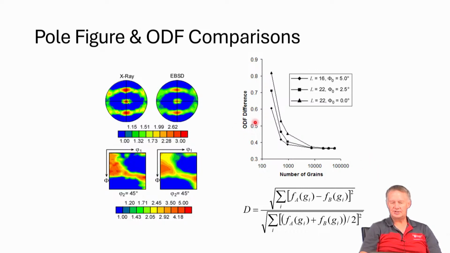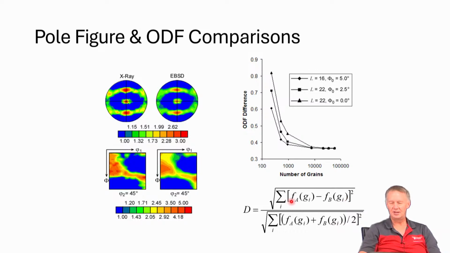All right, so this is a measure of, we call it a difference ODF calculation. So it's basically a measure of how similar two textures are to each other, right? So if you take this ODF measured by X-ray and this ODF measured by EBSD, and you subtract them from each other, we're talking point by point. So every triplet of Euler angles through the entire space, you're going to subtract the value of 0, 0, 0 minus the value of 0, 0, 0,